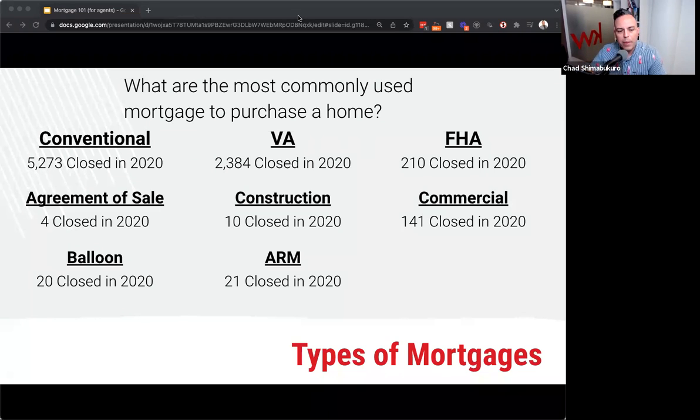The benefit to me in an agreement of sale as a seller is title doesn't transfer. So on day one, nothing transfers into Robert's name. The title is still in my name. Depending on the terms of the agreement of sale, it could be a 12-month period or it could be a 12-year period. So depending on what we've agreed to, title doesn't transfer until the last payment is made. Again, that's a negotiable item. That's a benefit to the seller.